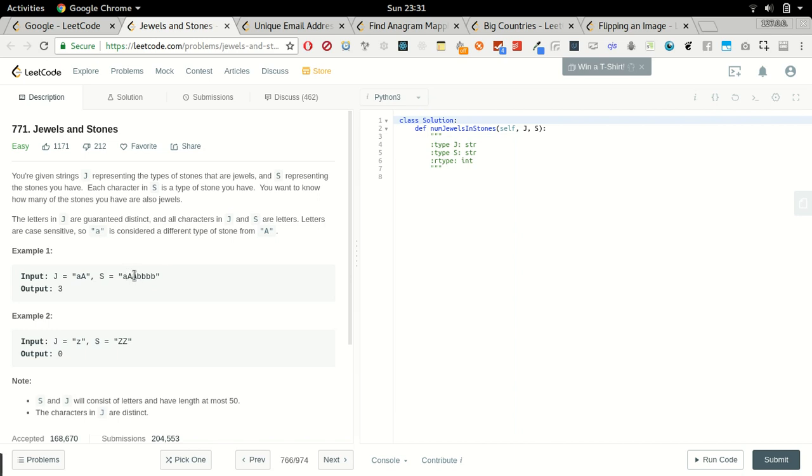In order to do that, the simple brute force solution is to first go through each of your stones and check if your stone is present in J. If it's present, that means your stone is a jewel. So this is a brute force solution. You have to go through each element and then check, so that's a nested for loop, and that would give you order of length of S times length of J. So the better solution would be to use a